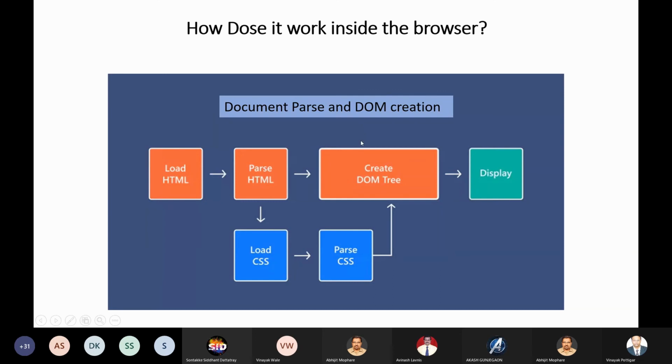Whatever you get as a DOM tree will get displayed on the screen after applying the CSS. So this is how the document is processed by your browser: it loads the HTML, loads the CSS, parses both, creates the DOM tree, and the DOM tree is what is displayed on the screen.